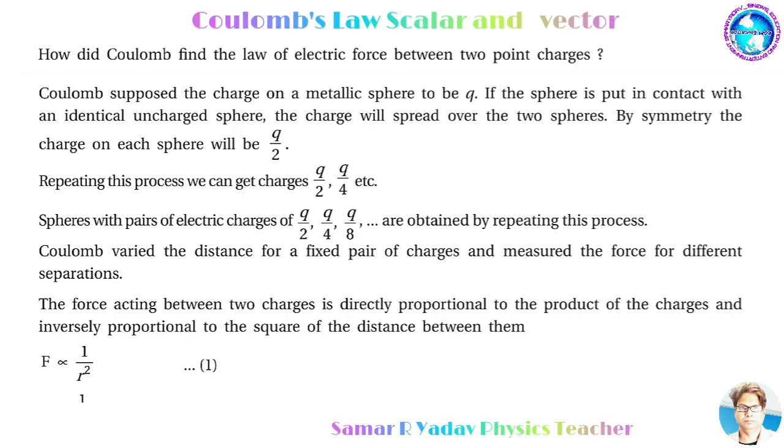Spheres with pairs of electric charges of q by 2, q by 4, q by 8, and so on are obtained by repeating this process. Coulomb varied the distance for the fixed pair of charges and measured the force for different separations. The force acting between two charges